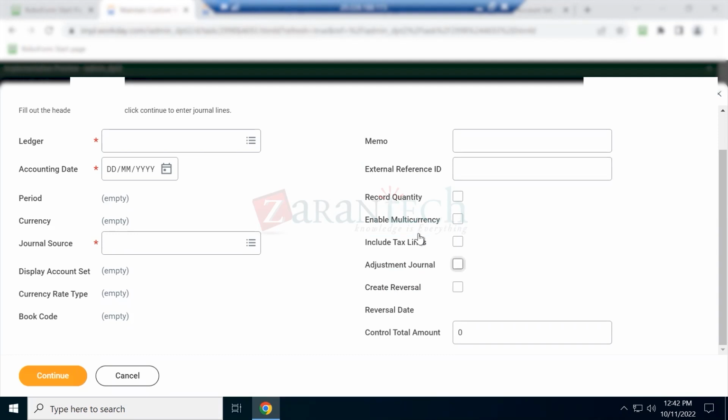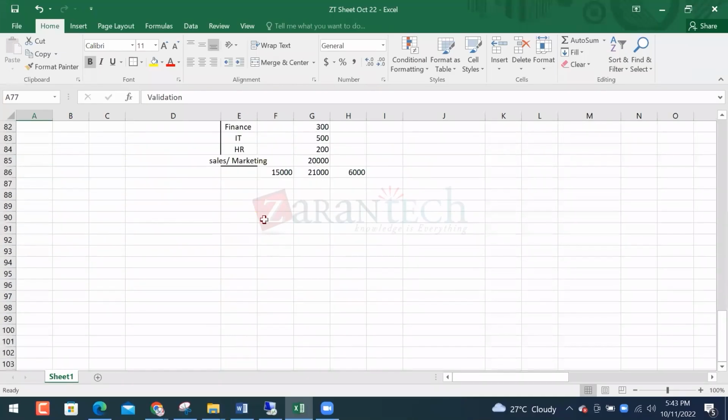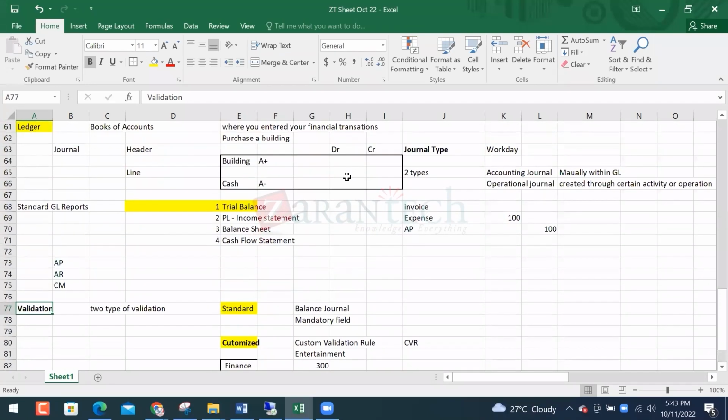Okay. If I want to utilize this GL module as my inventory, for example, if I purchase an item and I want to record it as a quantity, then I can go for the record quantity journal. That is very rare, but normally you can utilize this journal for quantity as well. Then we have the adjustment journal. Adjustment journal means that, for example, I booked this transaction earlier, building account debit and cash credit, and that is